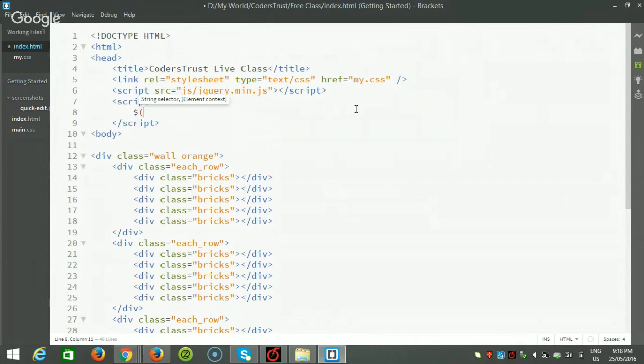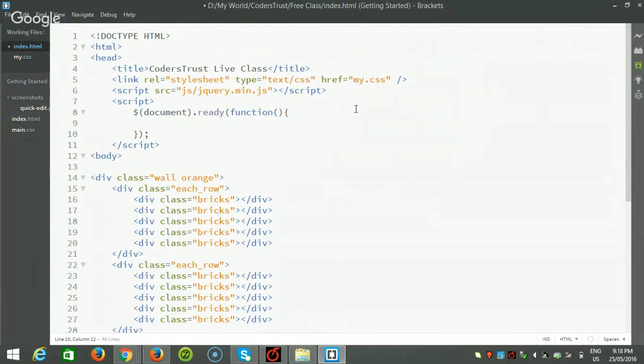So just implement the ready state, and this is the callback function, and within the code,